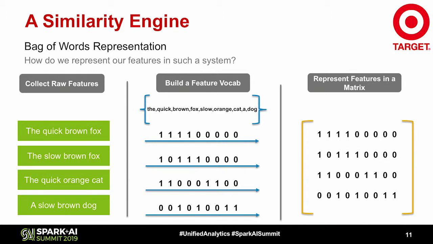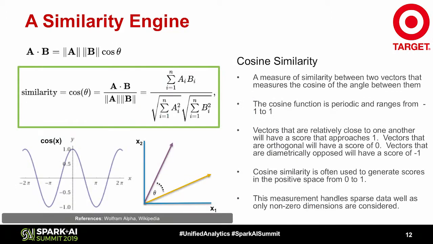And so then you take all of your features, smush them all together into your big feature matrix. So now we're ready to start doing some math on this thing. So let's talk about cosine similarity. This is how we want to get the pairwise metrics generated between each of the vectors.